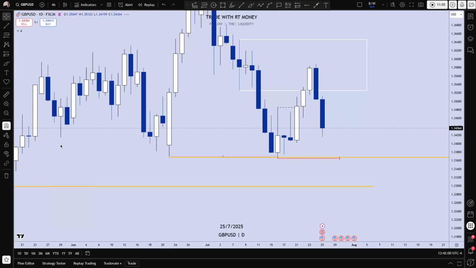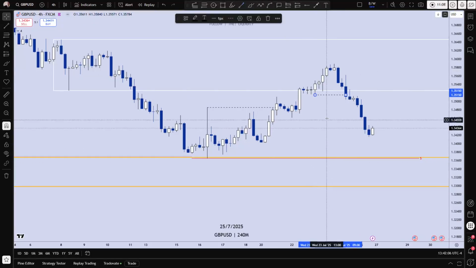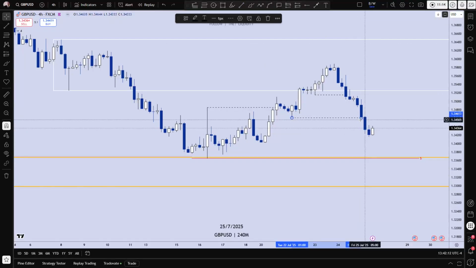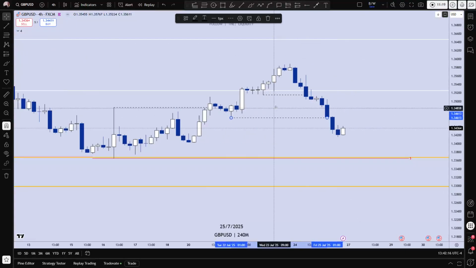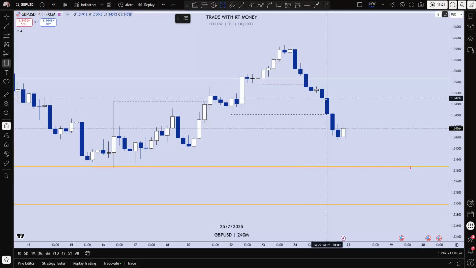If we look at it on a smaller time frame, I am bearish on the 4 hour. Why? Market structure shift to the downside here. Market structure shift to the downside here. We're not just sweeping these lows, we are trading through them, and we are creating bearish fair value gaps right here. Do you hear the passion in my voice? And we got another one here. All right, price could use these things.